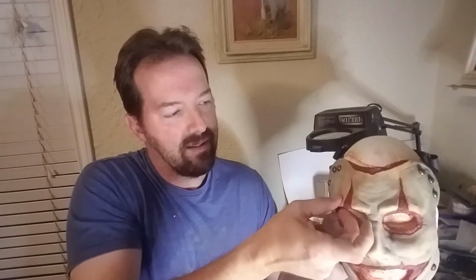I'm also going to put some little strips of foam on the inside, right around the eyes, to give them a little bit of space, because at least for me, these fit very closely inside the sockets. I'm afraid it will do the same to the customer, but I experimented with this. If I glue a piece of foam right along in here, I think that lifts it off of the head just enough to be comfortable. So those few things I need to do, but after that, it is ready to be